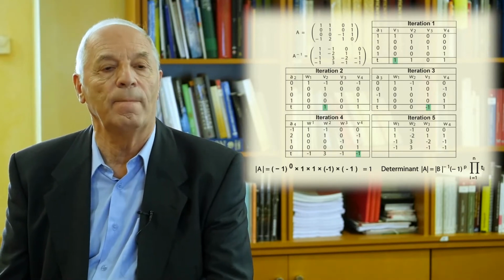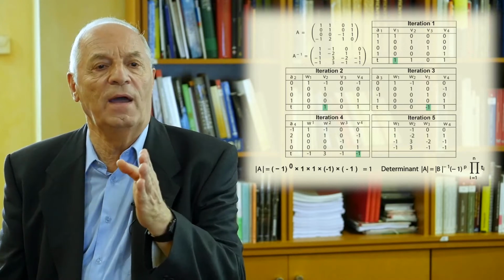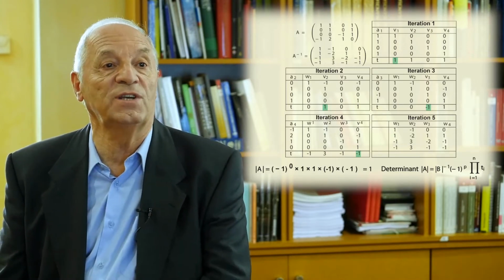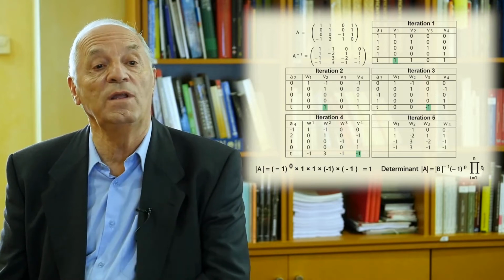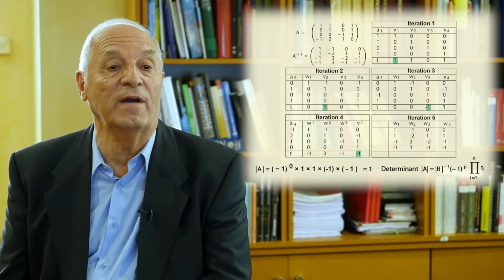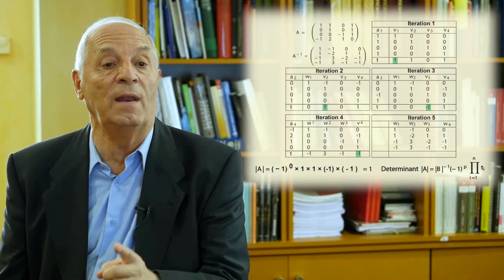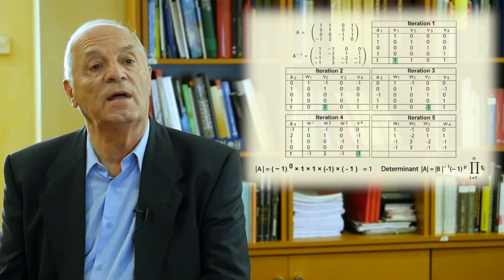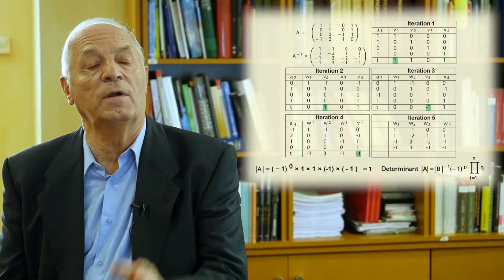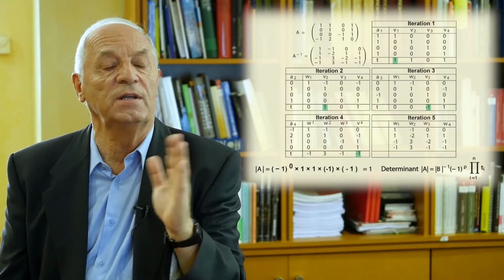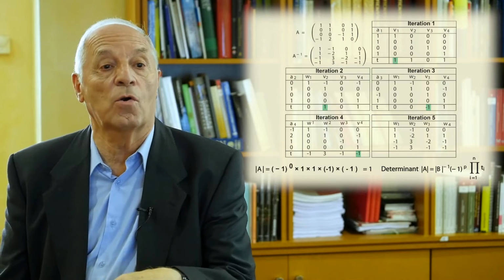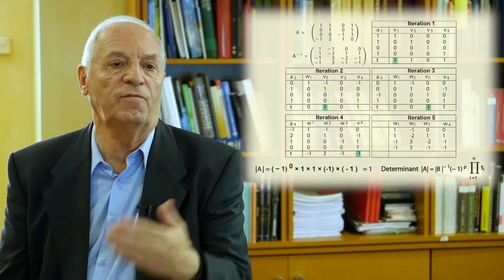And then in the formula of the determinant, instead of value 1, we should use the inverse of the determinant of that matrix B. Then we multiply all the t values, which are the pivot values, and later we need to use the one factor that is minus 1 raised to the p power. That means that depending on the number of columns that are switched, we need to change or not the sign of this determinant. So the formula is very simple.